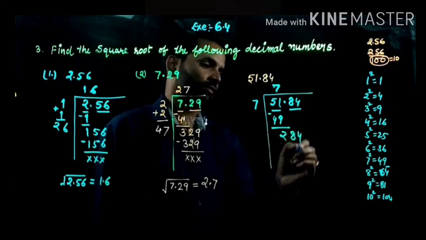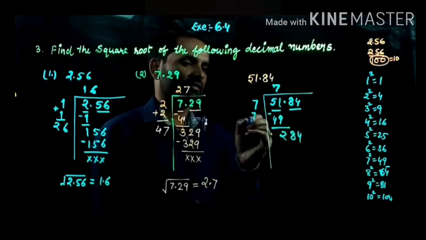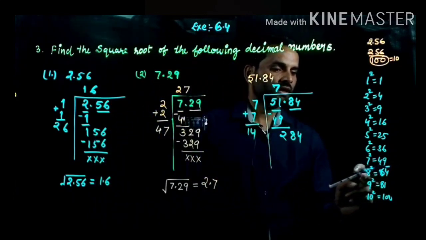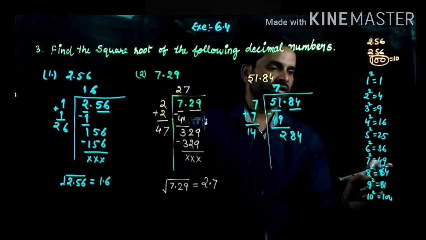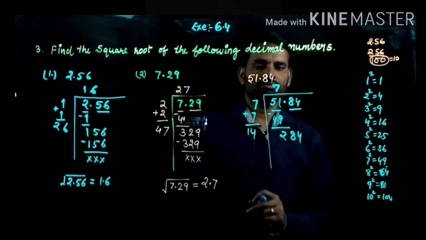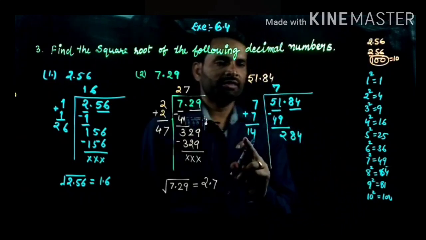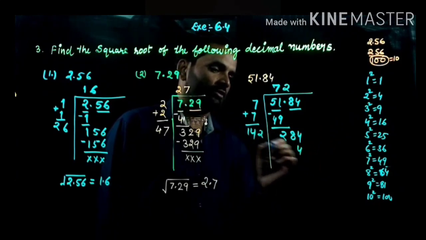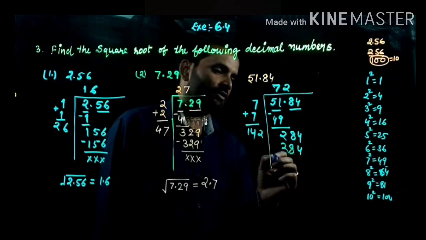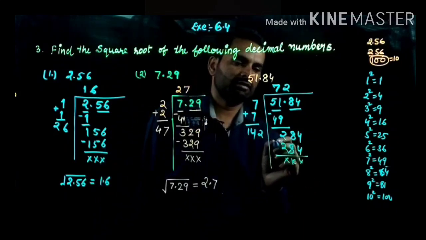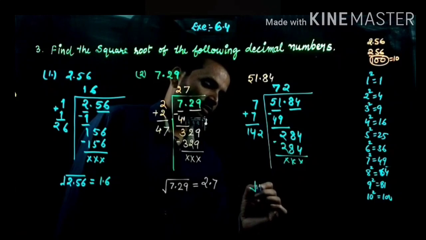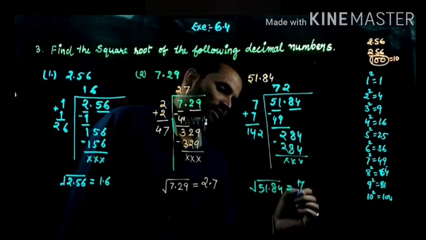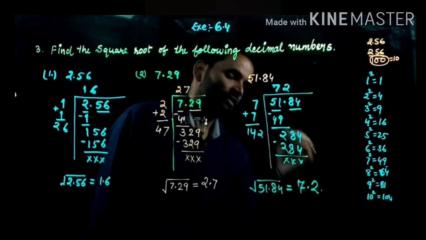So bring down 84. Okay, and there 7 is added, 7 7 is 14, and 4 will come 8, and 2. Okay, there you choose the 2, 2 2 is 4, 2 4 is 8 and 2 1 is 2. After cancellation the answer is, it means the square root of 51.84 is equal to 7.2. Okay,